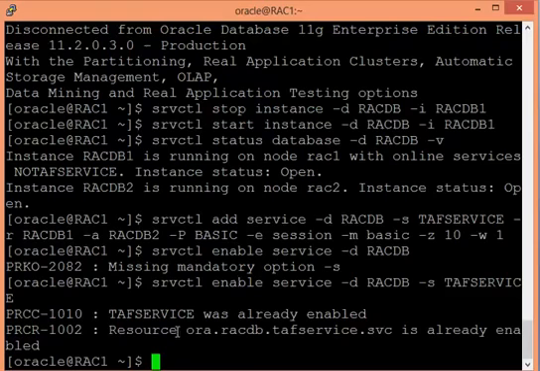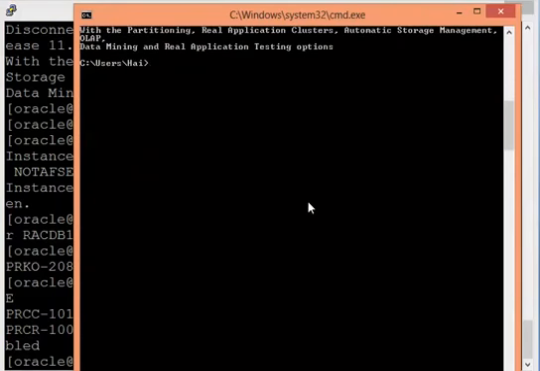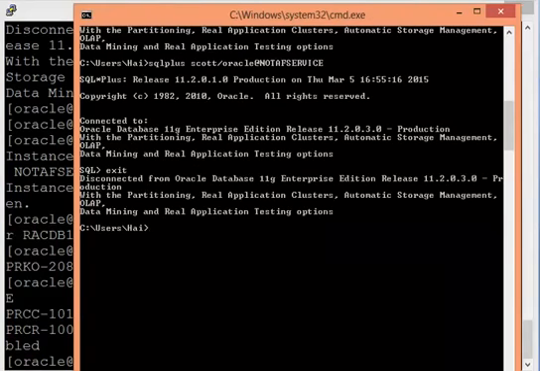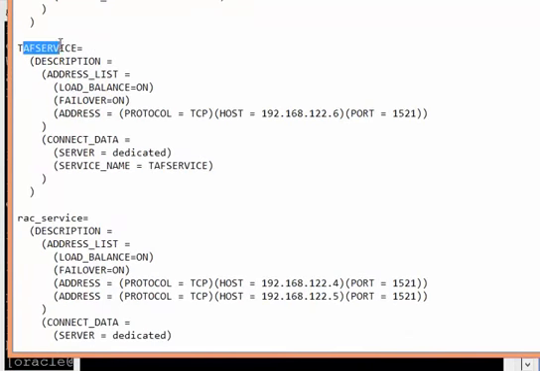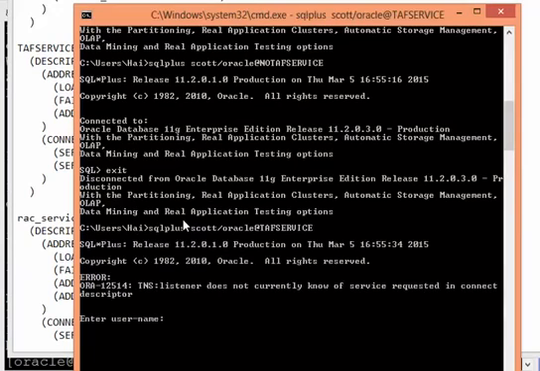We can now go and try to establish a connection again from my Windows machine. Let me do that now. Sorry, it is from the other service name called no TAF service, but I've already created another service called TAF service, which has the TAF configuration in it. Let me use that service now to connect to the database. So instead of no TAF,